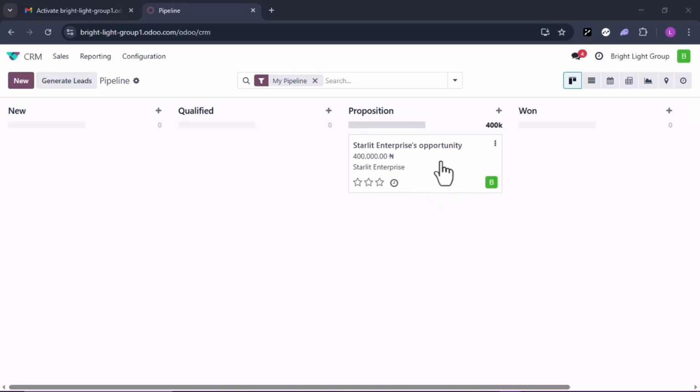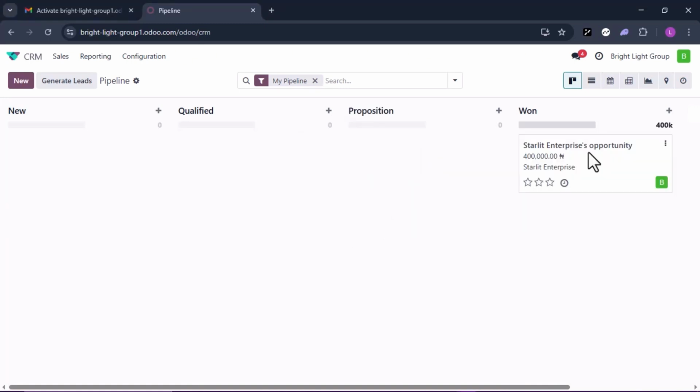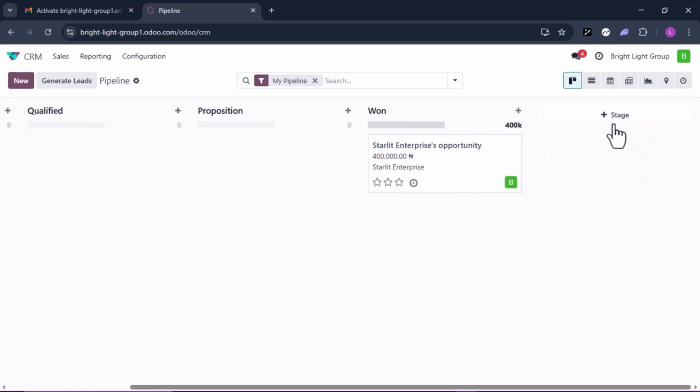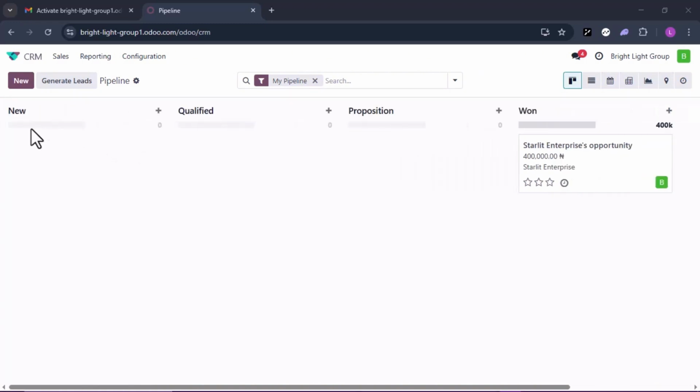If our client approves our offer, we can drag it to won, which means we've successfully closed this deal with the client. And then we can move on to the next stage. Yeah, so we can create a stage here, and that could be a follow-up. So this next stage, you could decide what you want to do next. It could be a follow-up call or an email reminder, or you could even add notes regarding what the client wants from you. So now we've successfully carried a deal or dragged a deal from new to qualified to proposition